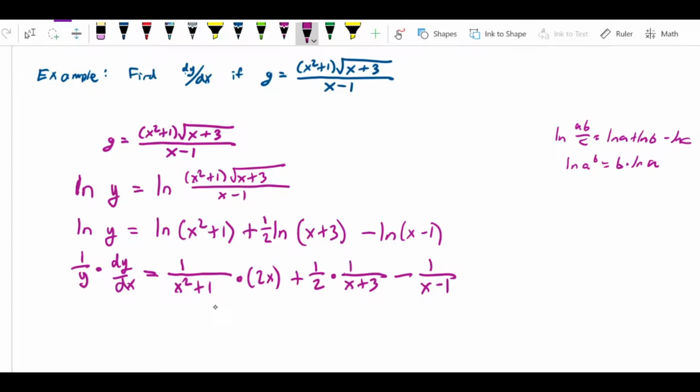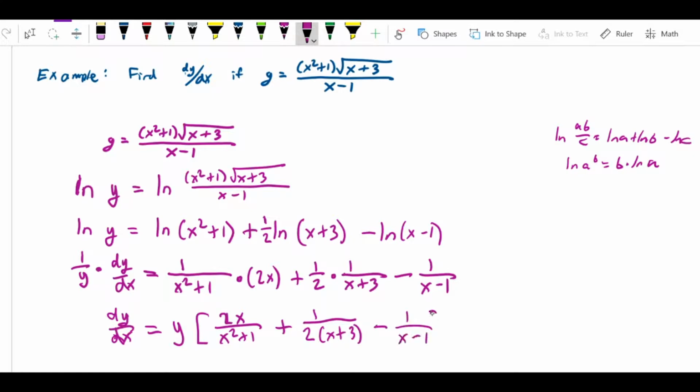So let's just multiply both sides of the equation by y, giving us dy over dx is equal to y times 1 over x squared plus 1, actually 2x over x squared plus 1, because I'm multiplying by that 2x, plus 1 over 2x plus 3 minus 1 over x minus 1. And then finally,